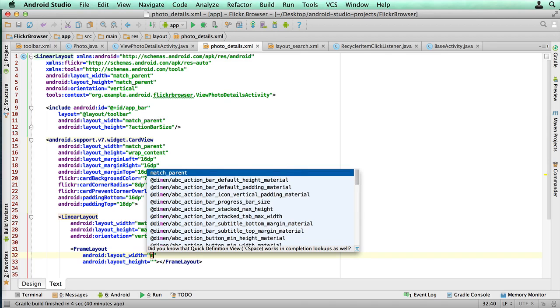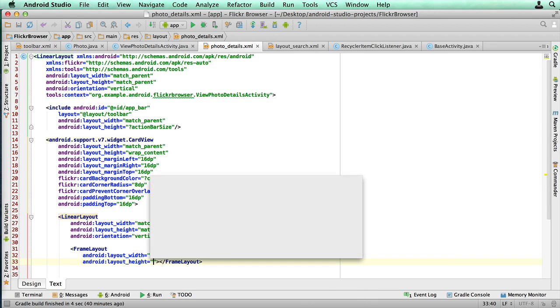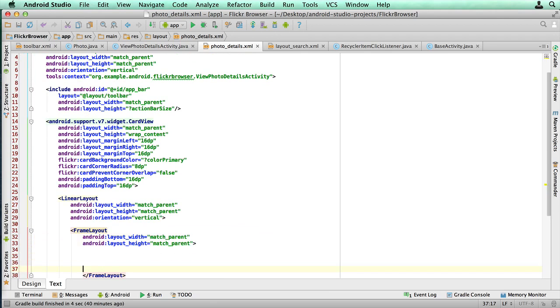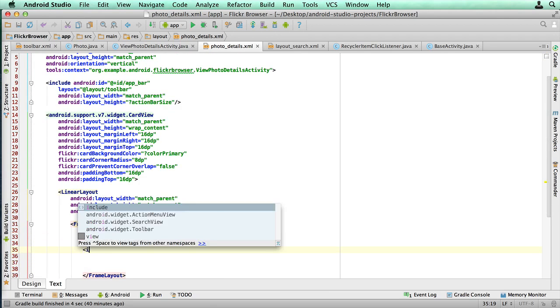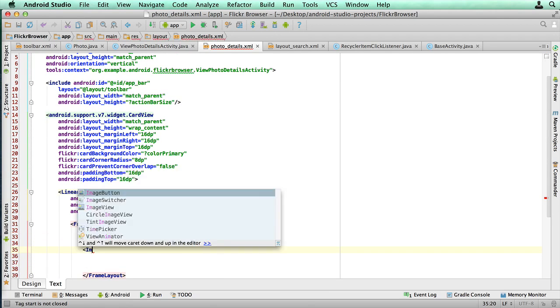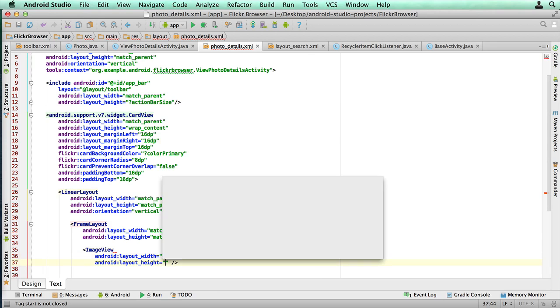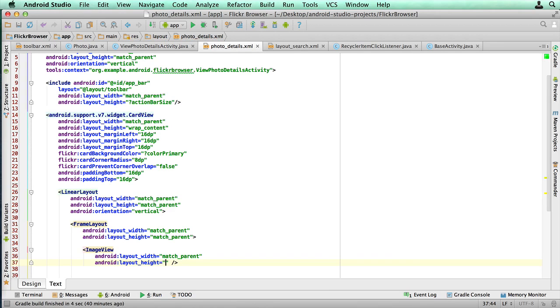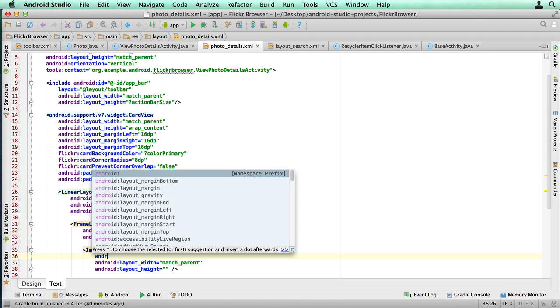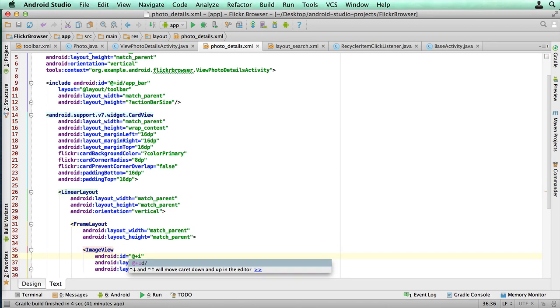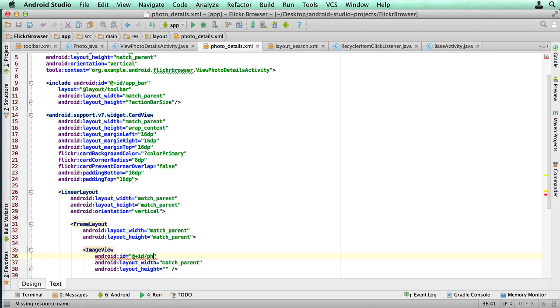So we're going to do a match parent to both. Again, whatever the parent's got, we're going to do the same. So we're going to do match parent. Now in the frame layout, we're going to add our image. You're going to do an image view, as per normal. And we're going to add an ID first. ID equals. We're going to call this one photo underscore image so we can find it easily later when we're populating it